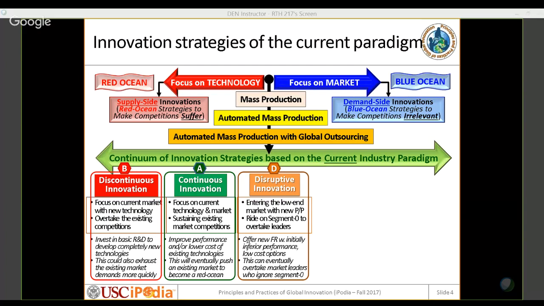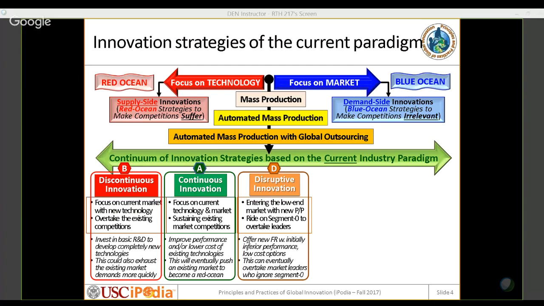However, there are always a few customers who have special requirements, special needs, which require one or two additional functional requirements. It's not a completely different thing, so it's not a breakthrough, but it's not the same as the current standard functional requirement. Because the incumbents are so busy satisfying the current requirement, those new requirements often are ignored. This gives the new innovators a good opportunity, and they will come in by first providing